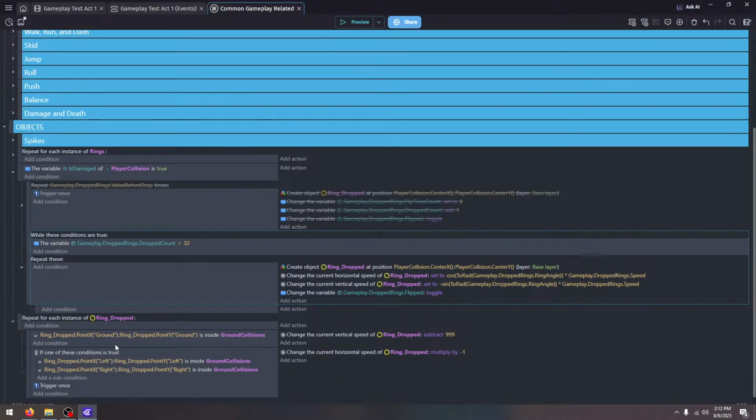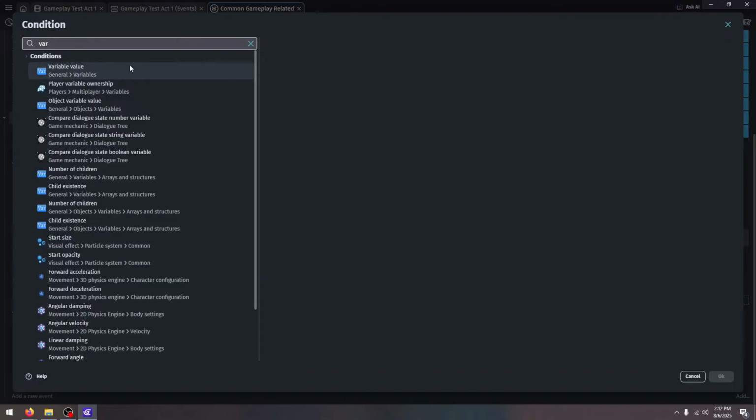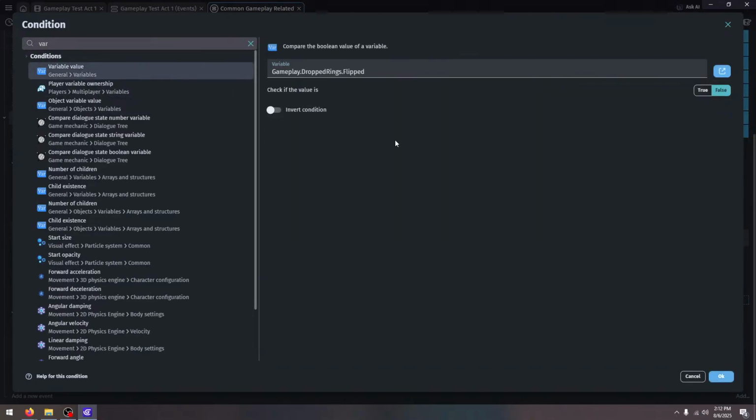So this is our instance for each dropped ring. We will be ignoring this. Okay. So this is our current, like, what happens after all this beginning stuff. This is just the ring bouncing around, stuff like that. Okay. Then we go to variable value. We go to ring flipped. If it's true,